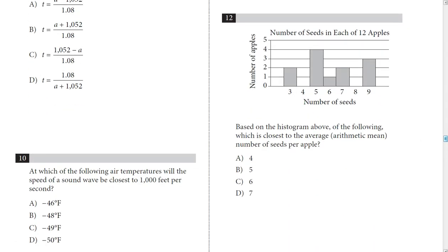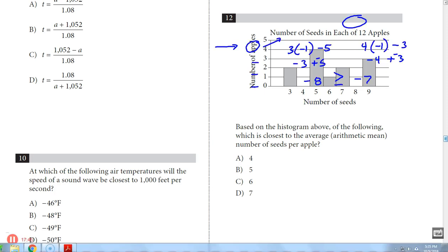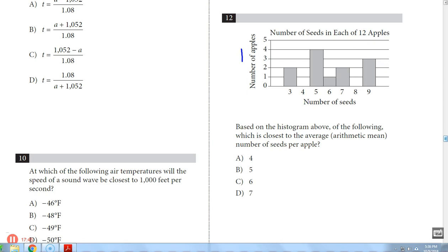Moving right down, number 12 here. Before I even read the passage, I like to try to see what we're talking about. So the title says the number of seeds in each of 12 apples. So my number of apples are on the side. This is a little bit different. Number of apples are over here. The number of seeds are on the bottom. Well, seeing 12 apples doesn't really jump out at me, but it looks like how I read this chart is,